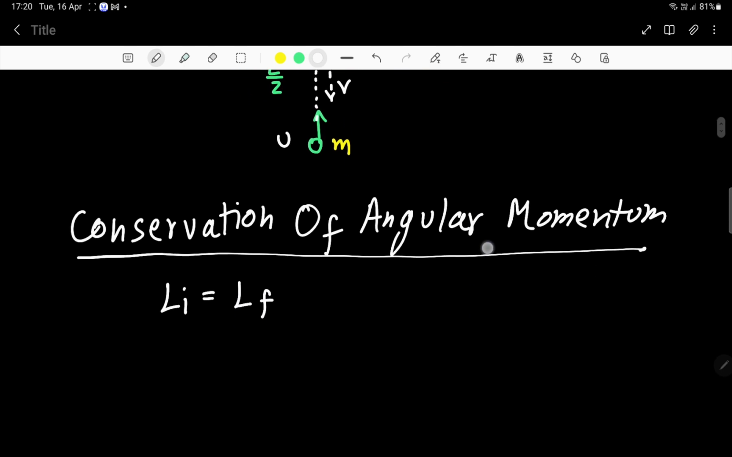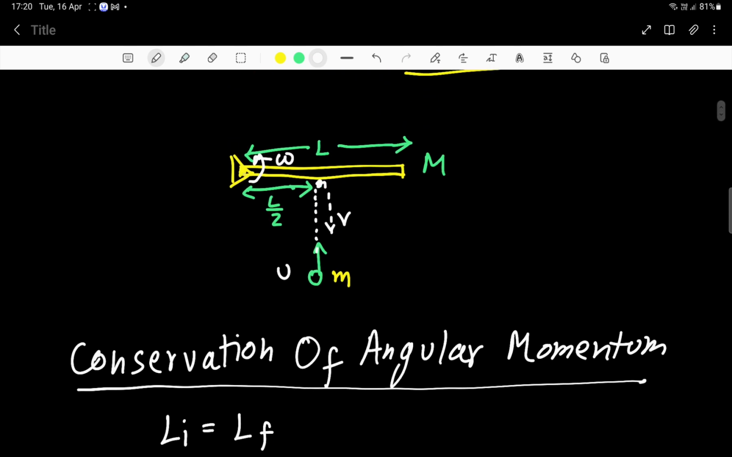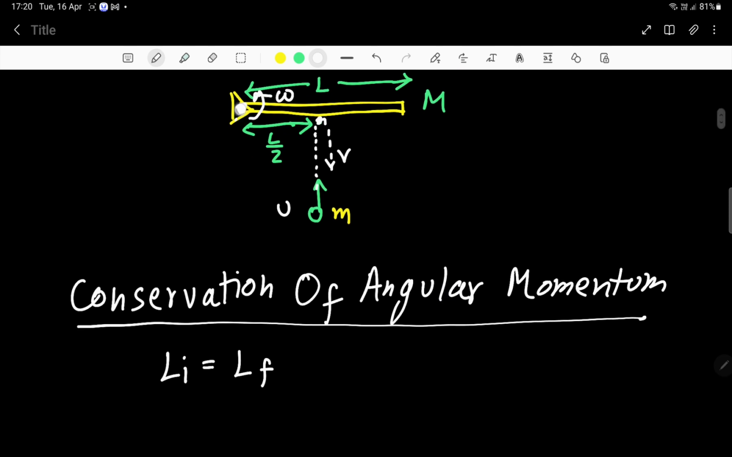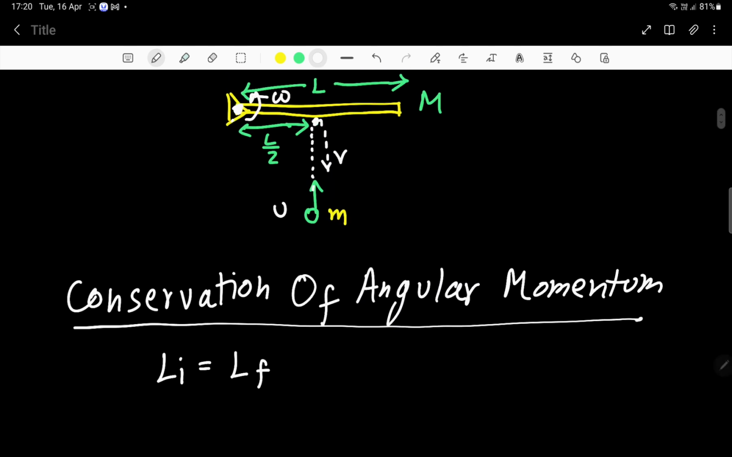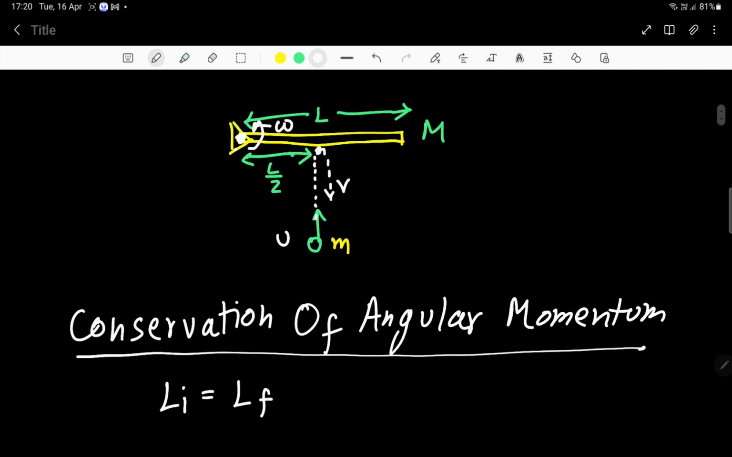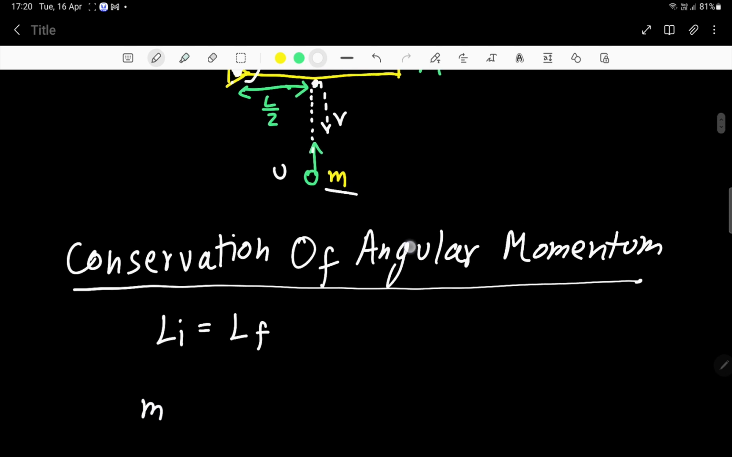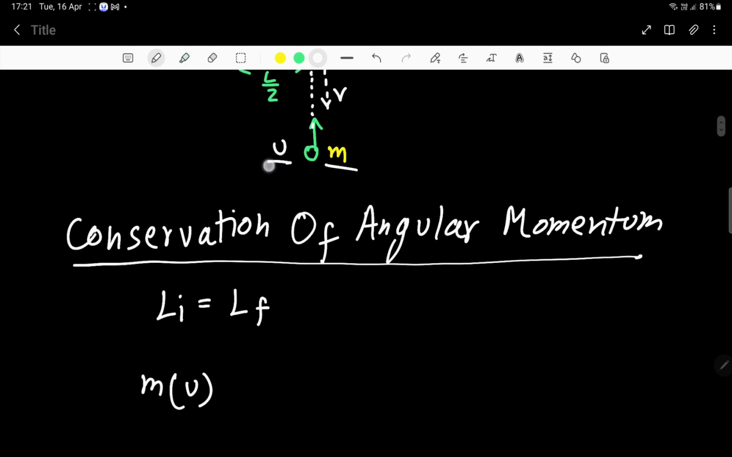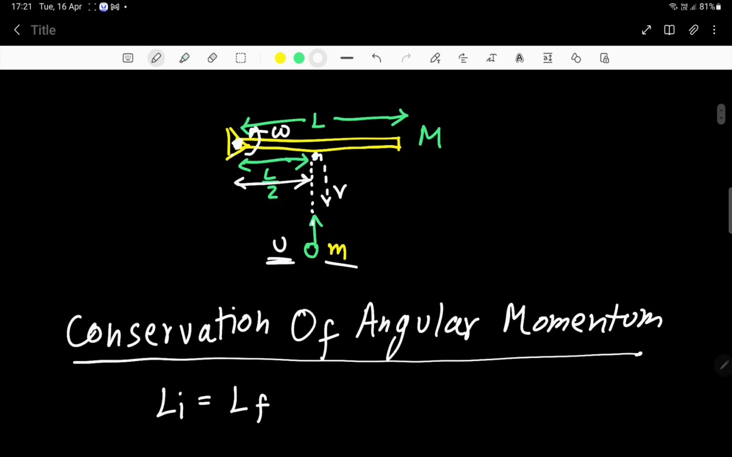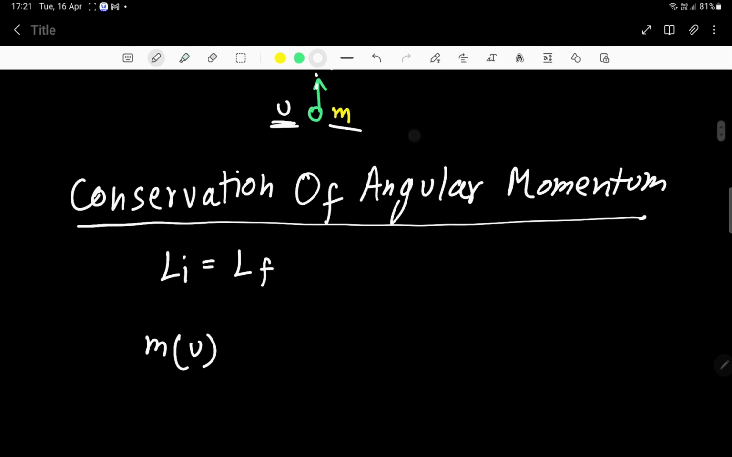It will remain constant. So for the initial angular momentum, the bar is not rotating. The only thing which is moving is this particle, which is going in this direction. And let us consider the angular momentum about this point, as it is the easiest one to consider, because there is no force acting there, and there is no velocity at that point, because the point is pivoted. So with respect to that point, the angular momentum is m, which is the mass of this, times the velocity, which is u, times the distance between the velocity and the point, which is L by 2,